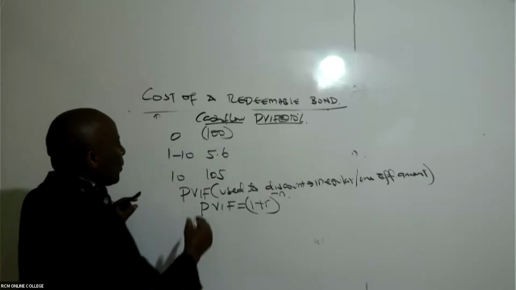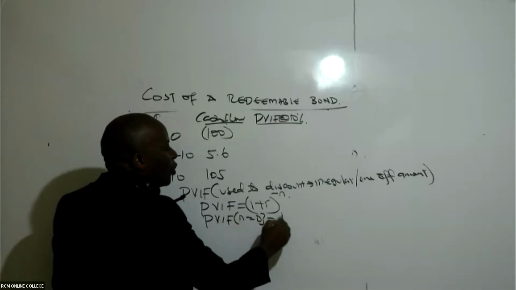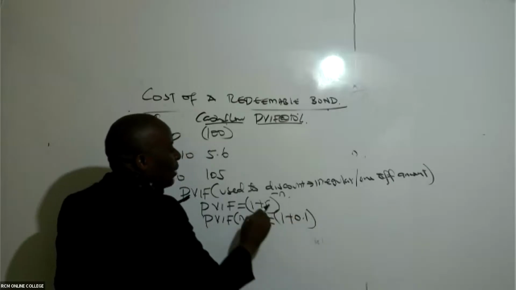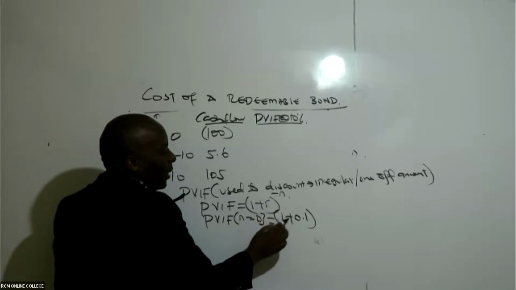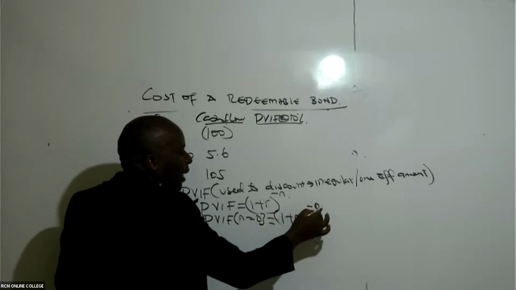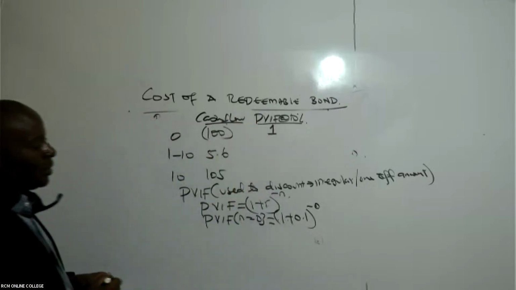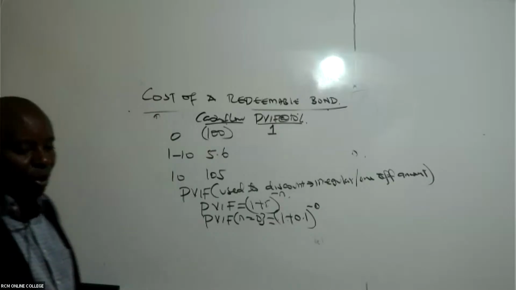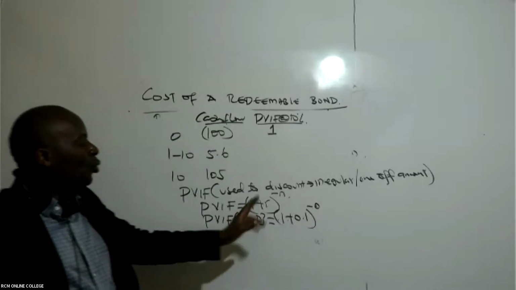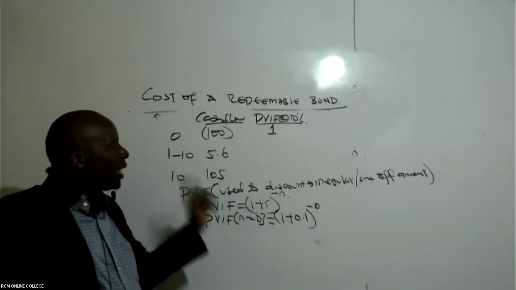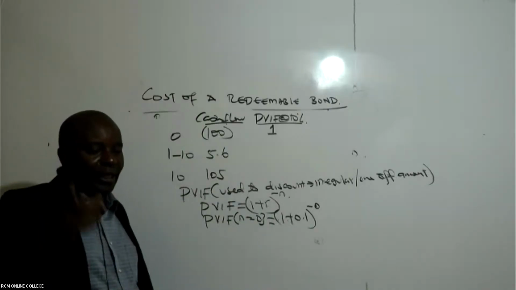So what I will do, I will calculate PVIF when N is 0. So this will be 1 plus 0.1, because my required return, which is the cost of capital, is 10%, raised to negative N. N is 0. Can somebody confirm that anything raised to 0 will always be 1? Already somebody is confirming there. If you say 1.1 raised to negative 0, we shall end up getting exactly 1.